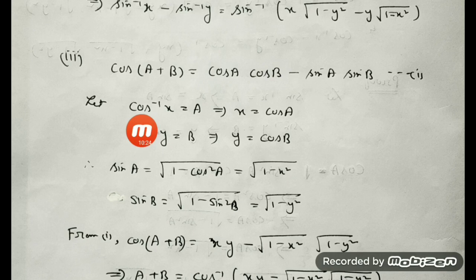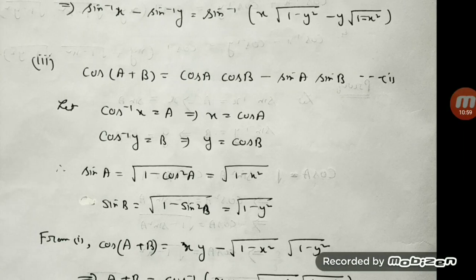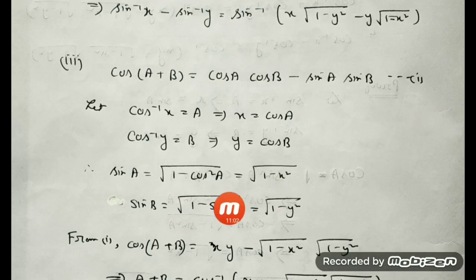Let us see. First I substitute cos inverse of x equal to A, that gives you x equal to cos A, and cos inverse of y equal to B. By definition of inverse function, y equals cos B. Now sin A is equal to what? Root over 1 minus cos square A, because cos is known, so you write this in terms of sine. Then put the value of cos, that is, root over 1 minus x square. Similarly, sin B is equal to root over 1 minus cos square B, that is, root over 1 minus y square. Here I am writing the formula first, just to know what the required different terms of trigonometry are that we have to find. You may write it down here also.